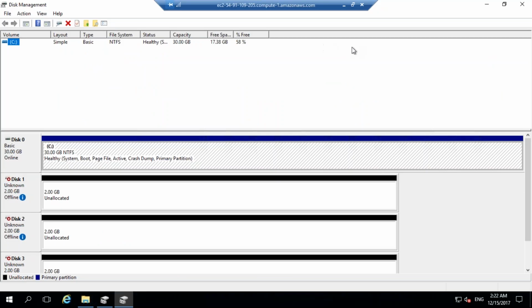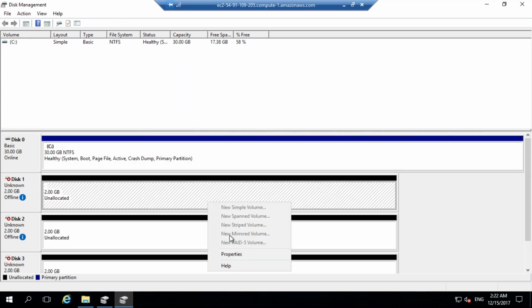Okay, we are able to see it from here that there are 3 disks which are of size 3 GB, but currently they appear to be offline. Let me see what is the case.